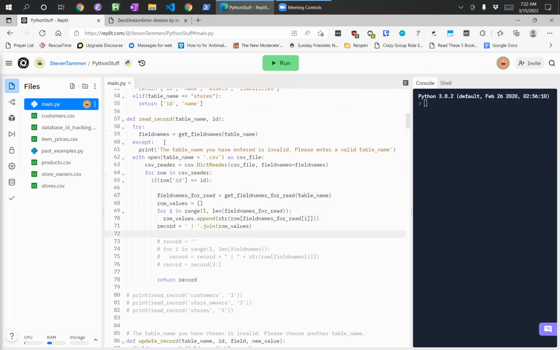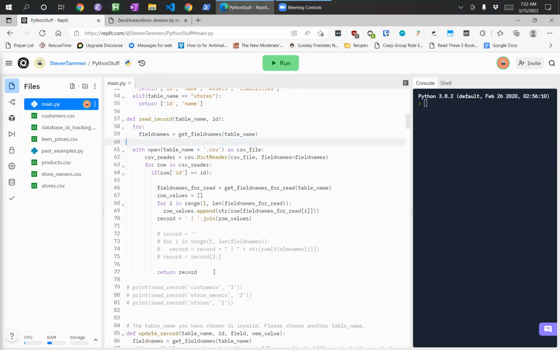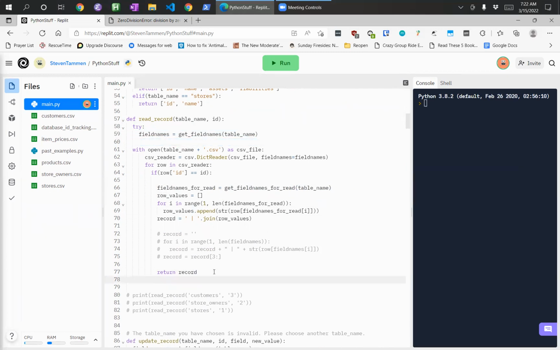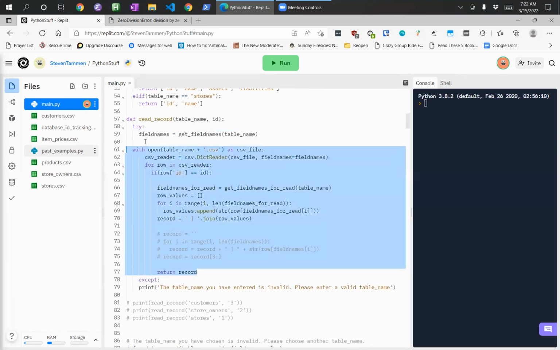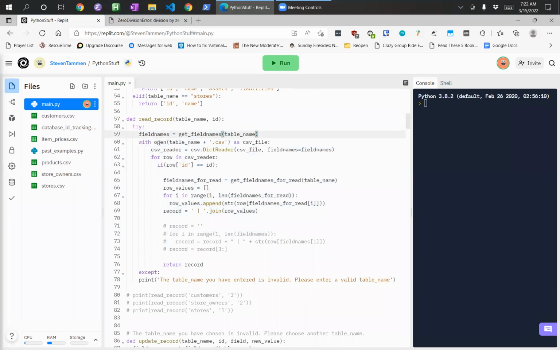But that doesn't happen right here. That happens further on down in the function. So if you wanted to do the error handling this way, what you'd have to do is wrap the entire thing in the try. And then what this except represents